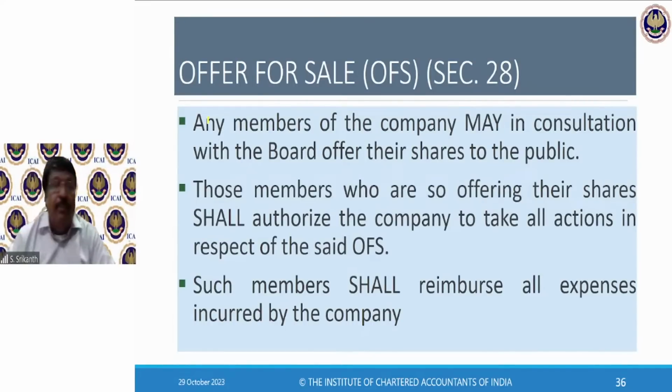A recent example of an offer for sale that I came across in the South is a company called TVS Logistics. You've heard of TVS, TVS Sundaram Iyengar and Sons, a famous company in the South. TVS Suzuki and all is there. They have a logistics company, TVS Logistics. I think they've now changed their name to something else. Whatever it is, when that company went public, it also went for an OFS.